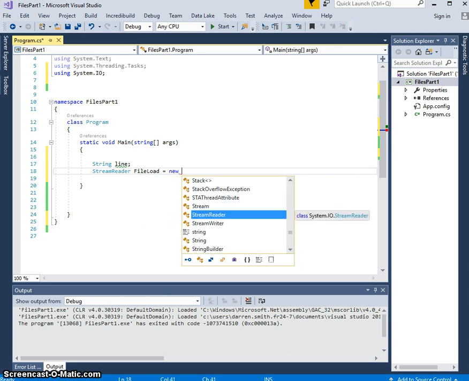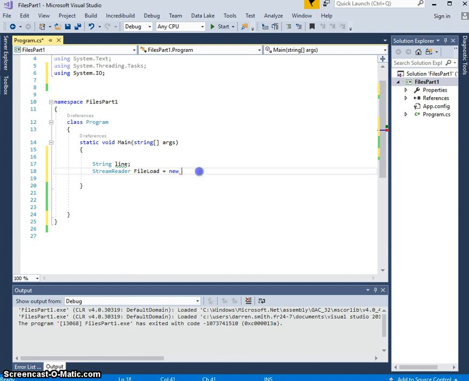equals new stream reader. I'm going to give it a file name. Now I can directly just put a name there, that file name, so we don't need to put an actual file path in there. You can if you like. You can put, say, C:/ and give a full file path. If we just give the name of the file, that means that we expect that file to be in the